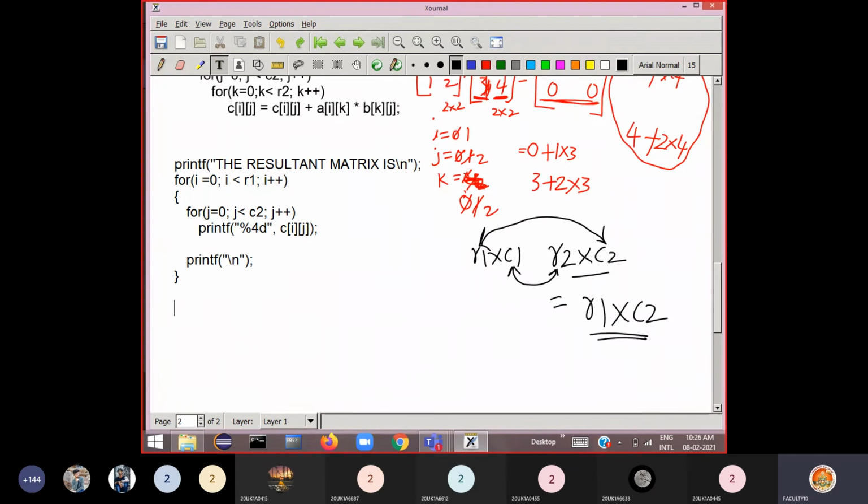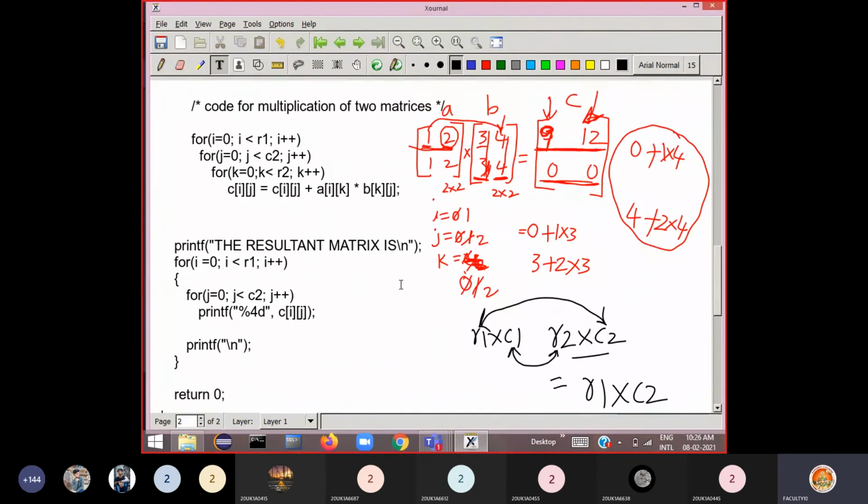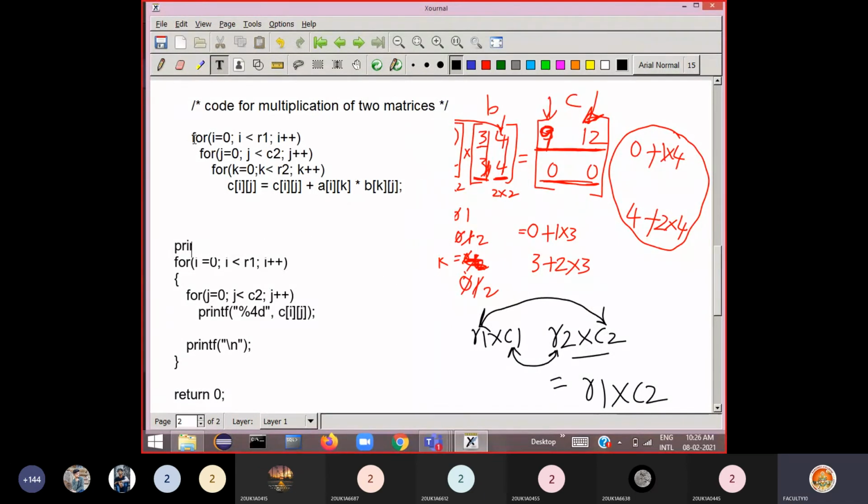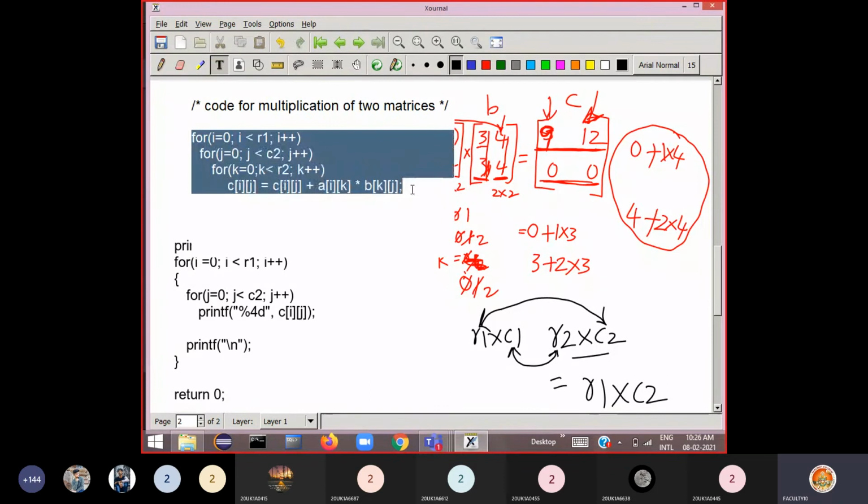That's it. Then say return 0, and close the main function here. So this is the code for multiplication of two matrices. If you remember this code, then the remaining code you can generate.